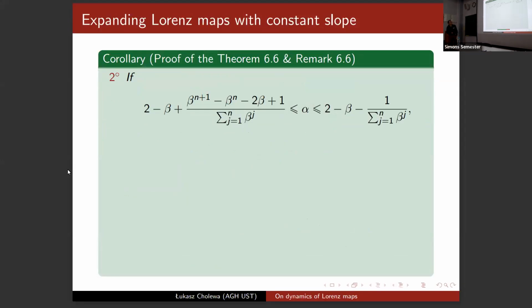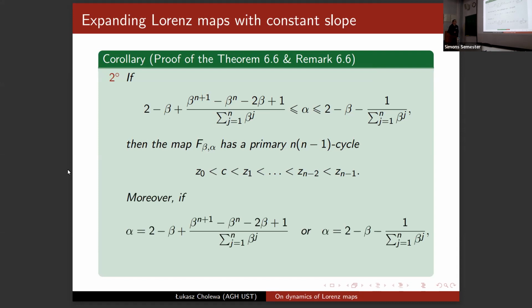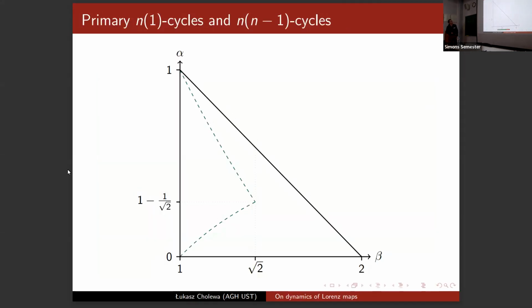And we also have, in some sense, a symmetric case. So if alpha satisfies these inequalities, then I have an n minus 1 cycle, primary. And moreover, if alpha is equal to this value or this value, then the image of 0 is equal to z n minus 2, or the image of 1 is equal to z n minus 1. Okay, so I will show you